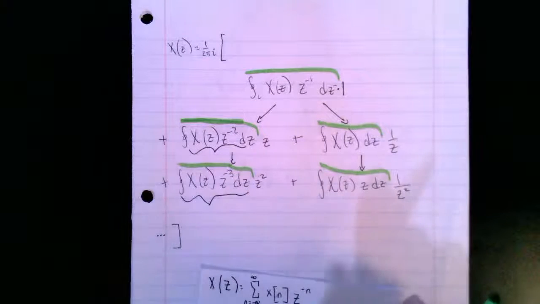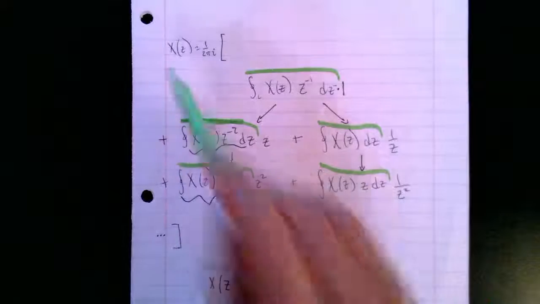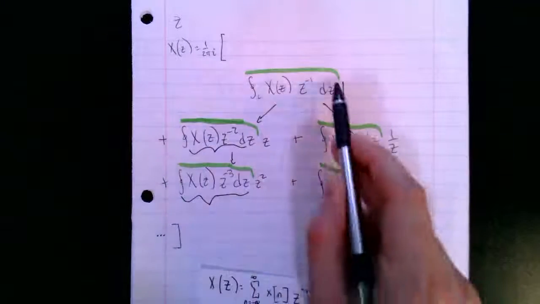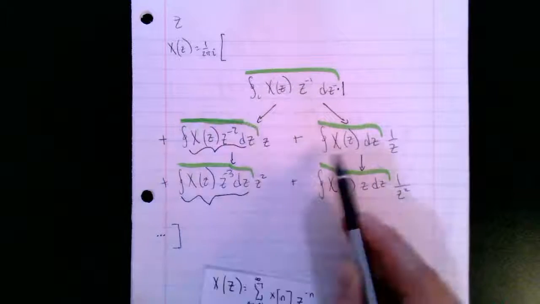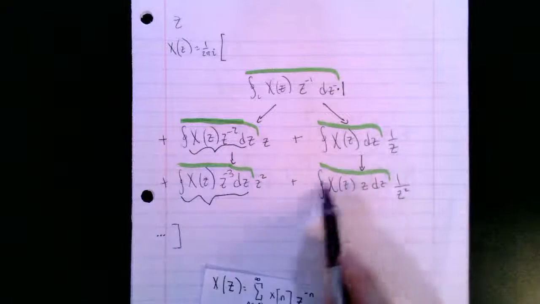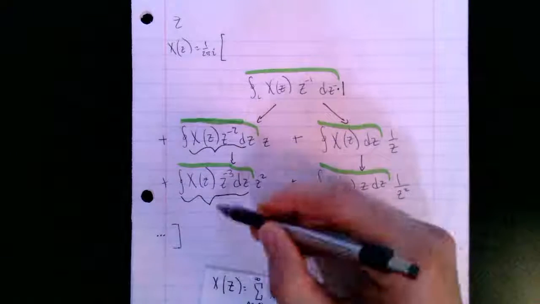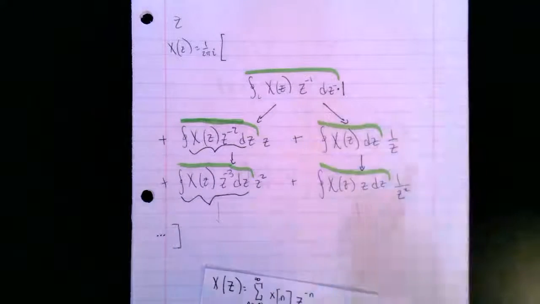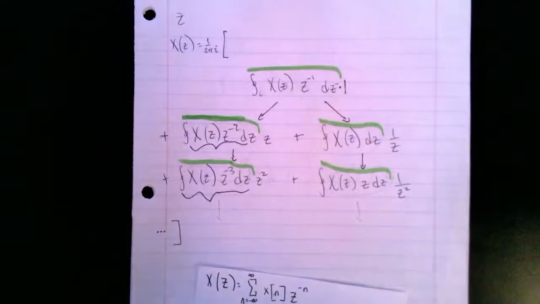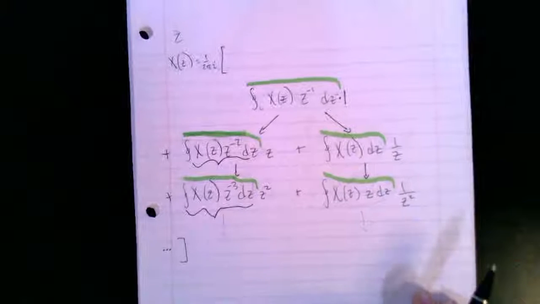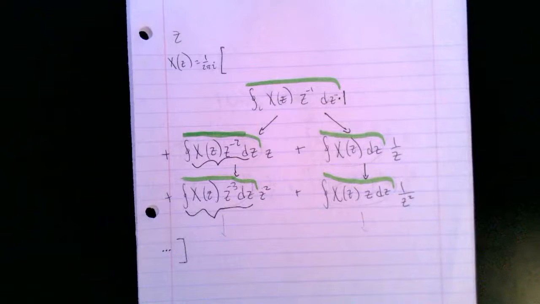And then, just to really hammer the point home, when the x of z we were trying to approximate was just z, this turned out to be 0. This turned out to be 0. This turned out to be 0. This was 1. And this was 0, and all along these were going to be 0. So it worked on this example. So we just need to test it on others or prove it. But